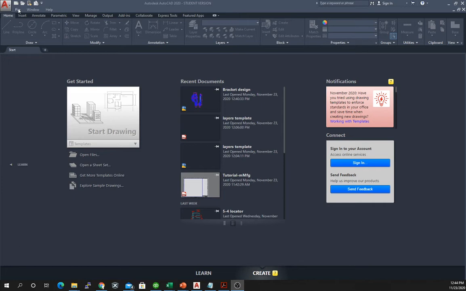A template is nothing but a drawing that's saved with a different extension, and it opens a little bit differently. So a normal drawing is saved in a .dwg suffix. A template is saved in a .dwt suffix. How does it differ? So what happens is when you open a template,